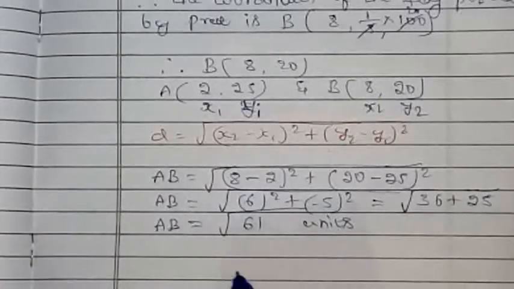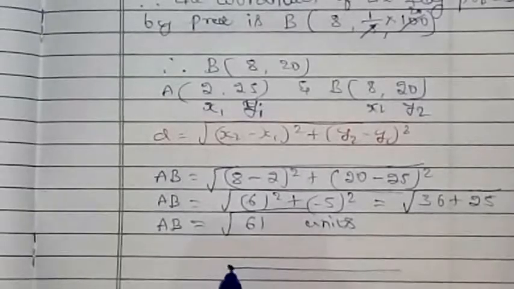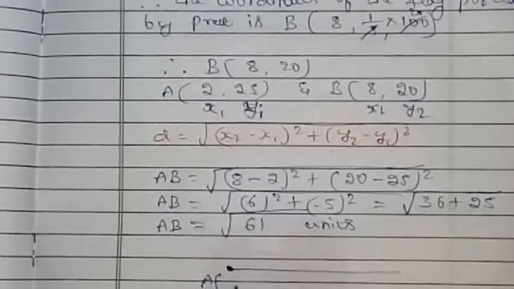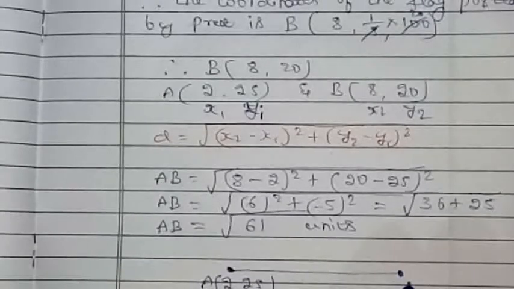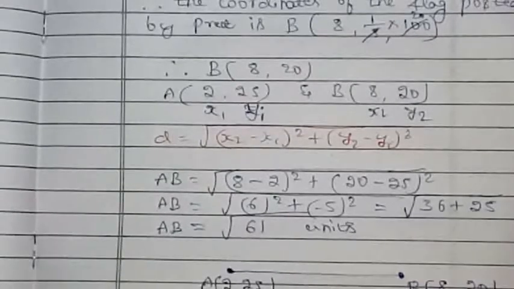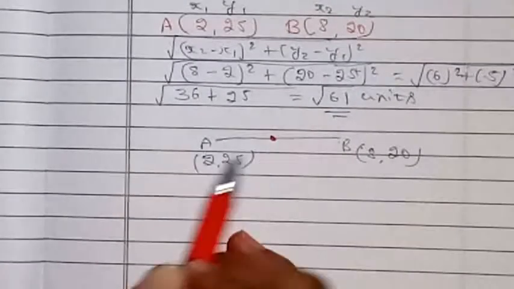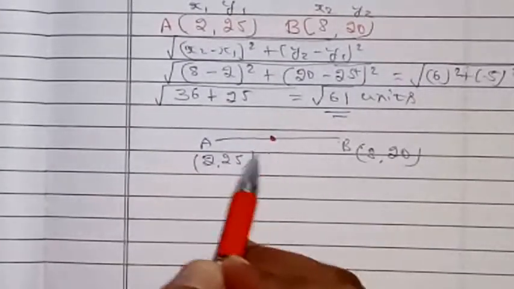Let me explain this. Suppose I write a straight line here. Suppose this point is where Niharika has posted her flag. Let me take this as point A. What are the coordinates of A, children? 2 comma 25. And let me take this point where Preet has posted her flag. What are the coordinates of B? B is 8 comma 20, right children? Now Rashmi has to post her flag exactly halfway between these 2 flags. So that means you need to find the coordinates of this point.